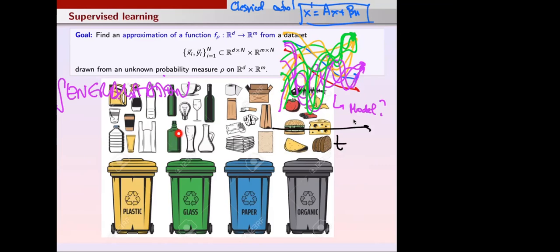But the next time, I will not think about it anymore. I will just put it in the machine, and the machine will decide, even though the color of this bag is red, the material is yellow, and it should go to the yellow. So this is why we call it machine learning.